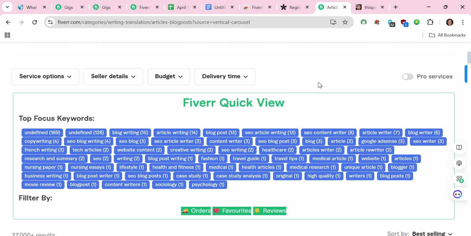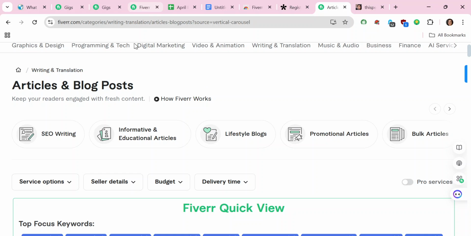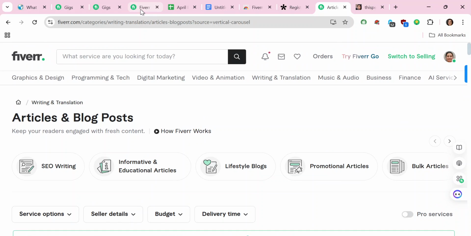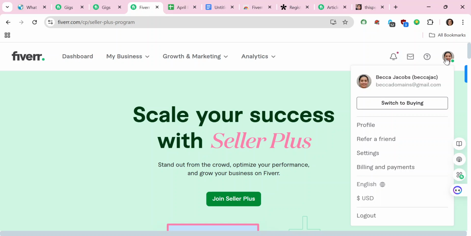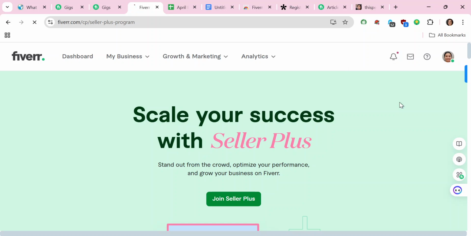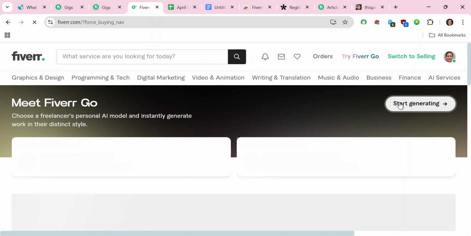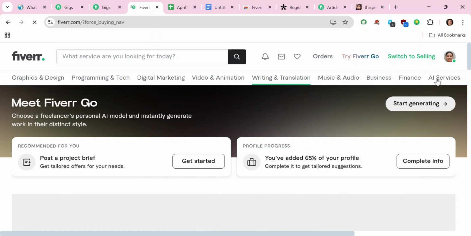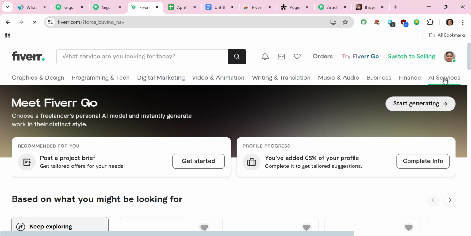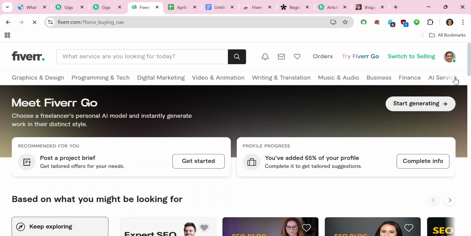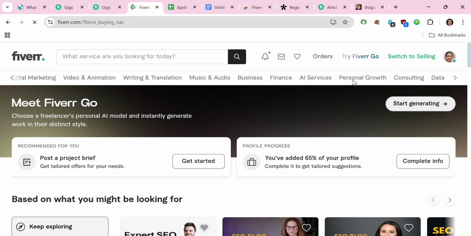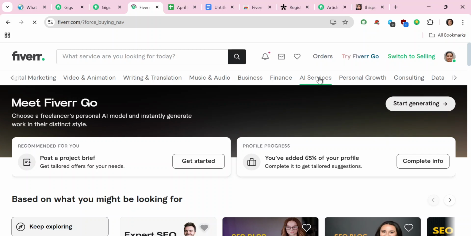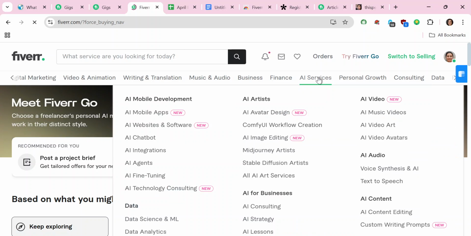Okay, good. Let me just start from the beginning. From your account, once you're here, click on your profile picture, then click on switch to buying. Once you click on it, it should take you to a page like this, and then you can choose any of these niches. Let's assume we want to offer an AI service. We want to see the AI services trending, or we want to buy an AI service. We can just click on AI service,